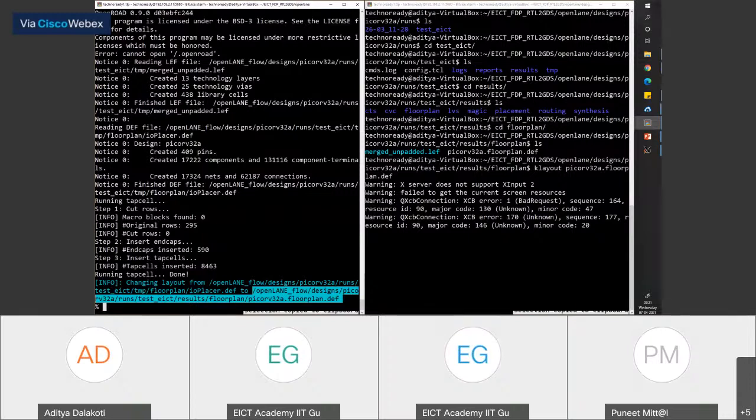In the meantime, I'll answer Rajesh's question in terms of what tap cells are. What we mean by tap cells is basically that you need to connect your substrate to ground and your NWELL to VDD at regular intervals in the chip. Otherwise, you have DRC violations. Your substrate becomes floating or your NWELL is floating. So that's why you need tap cells in your design. And Ruel is pointing out correctly that we missed the PDN command. Excellent. So what I'll do now is rerun the whole script using the PDN command as well before we go into the placement stage.